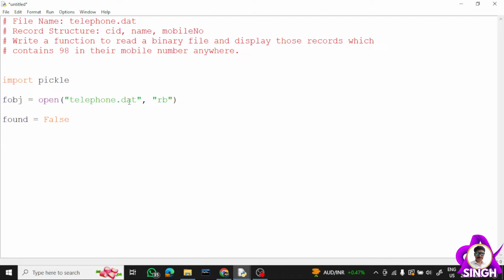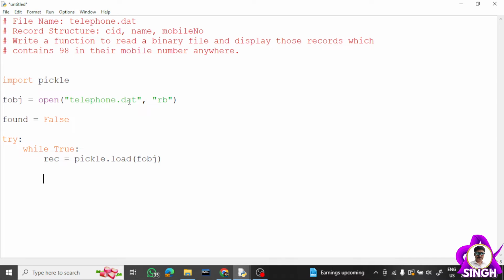Then try, and inside the try I write while True. Now the record will be read with the help of the load function: pickle.load, and load requires one argument, that is the file handler. So this is my record.